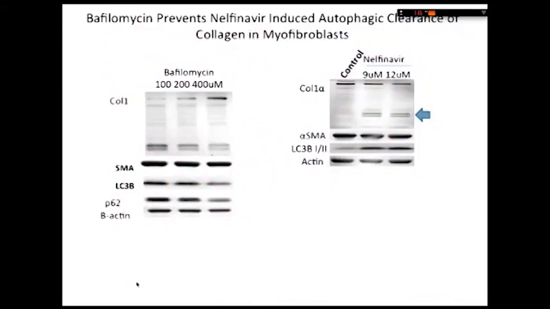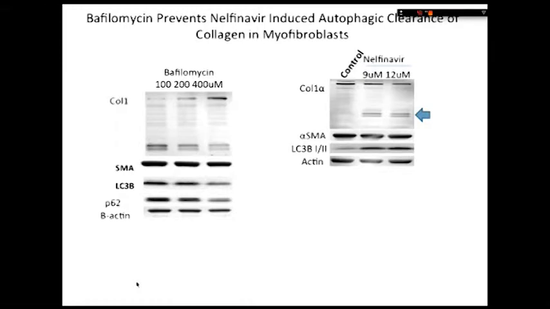We also did some work, and this is the only work I'm going to show, with the myofibroblasts, because as we treat patients, we're treating people who already have myofibroblasts. And if we look to the right here, we can see that with Nelfinavir, there is a slight decrease in this collagen being produced. And then we're getting the addition of this extra band. In some of the older literature, these extra bands have been reported when autophagy is occurring, and these collagen trimers, as they get degraded, you see these bands.